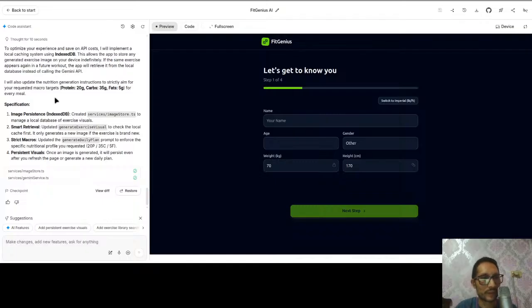No, I will tell this. This is not real. It is getting confused because I just said, what is this PCF? That's all. I didn't say to strictly aim for this. No. Image per systems created. Okay, smart reveal. Update generate exercise visual to check the local cache first. Strict macros, persistent visuals. Okay, I like. All right.